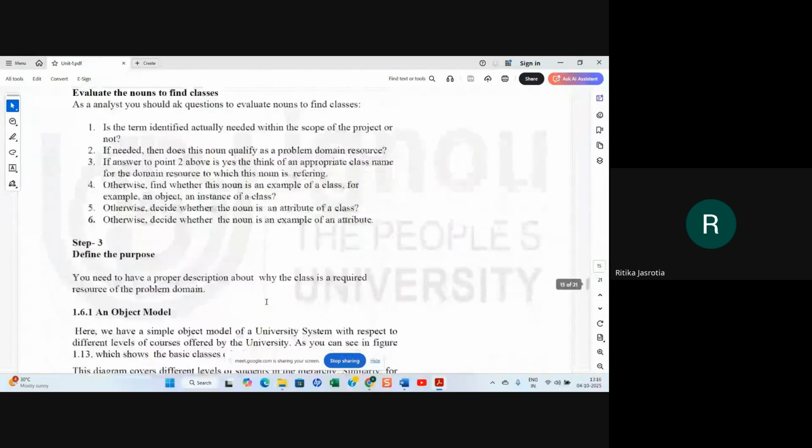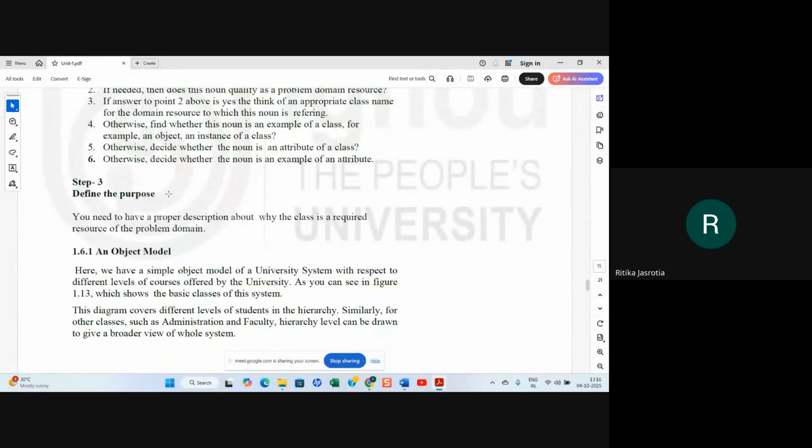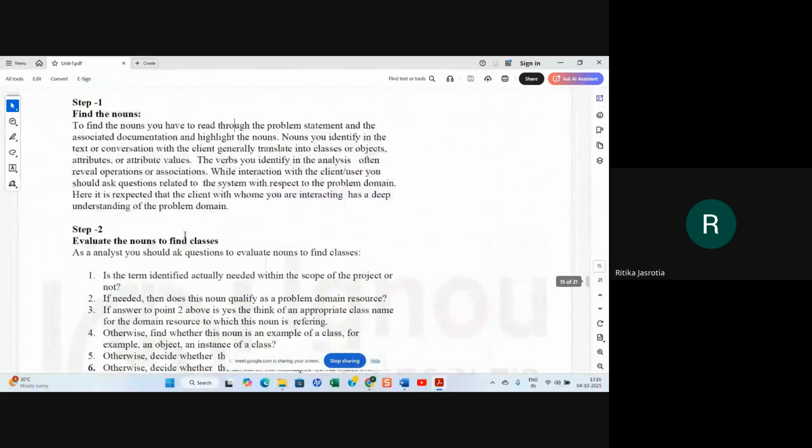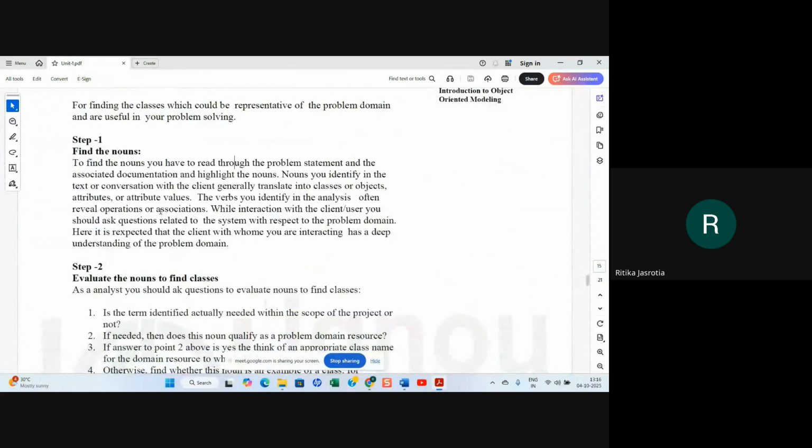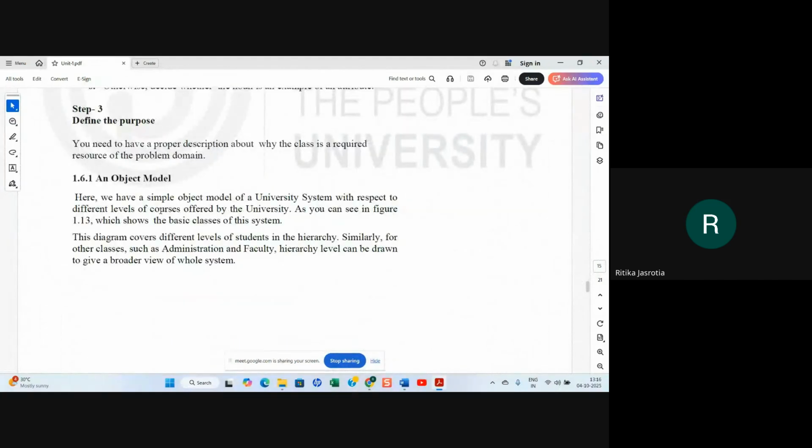This is the way you will find it, and then define the purpose. You need to have a proper description about why the class is required, the source of the problem. Why this class is required, you also have to write it. So this is the way you will find out what the different classes are which you will be using in the problem.